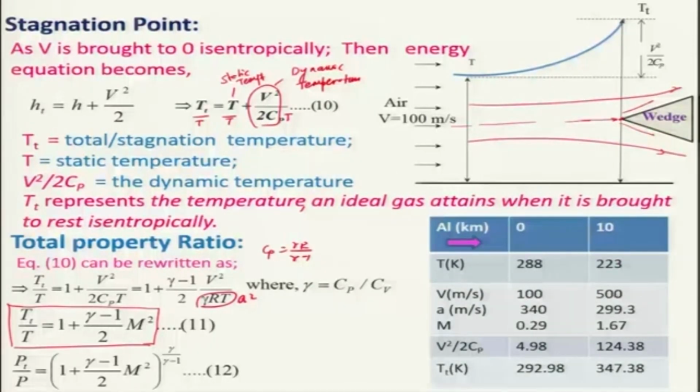You can see at 500, the speed of sound is changing, so also the Mach number will be different. And keep in mind the total temperature, which one can also calculate, because it depends on the dynamic head. So, you can evaluate the total temperature using this formula, and we will be using this in our calculation.